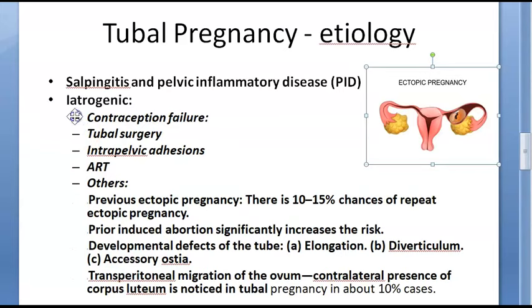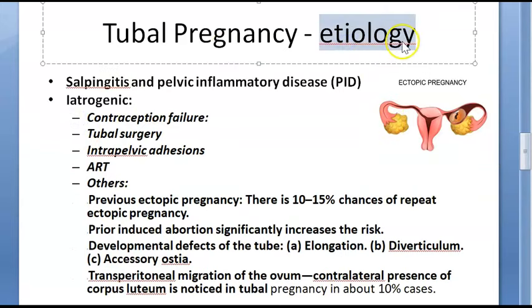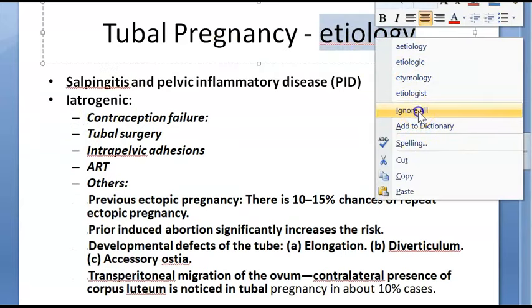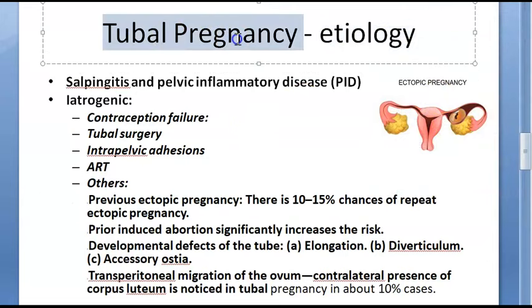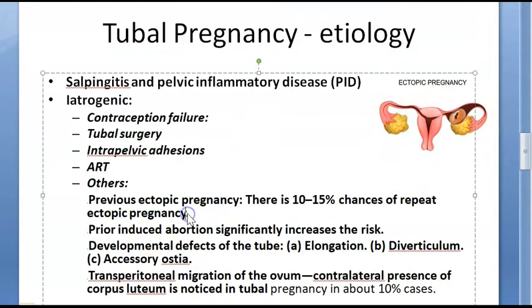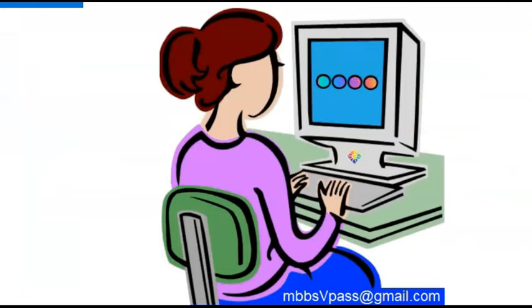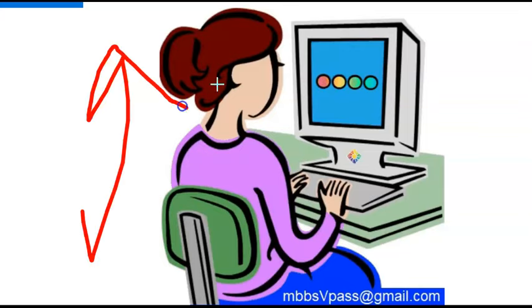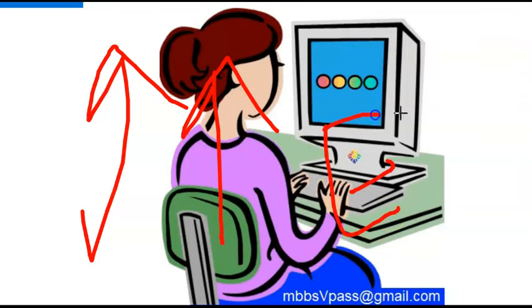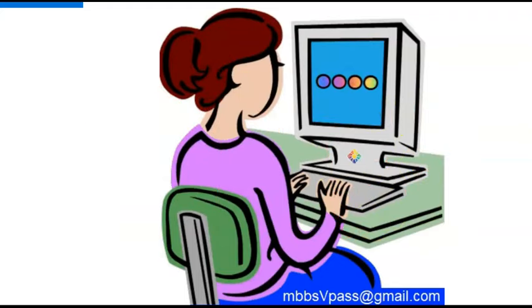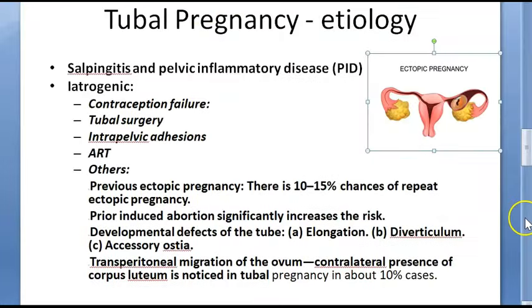What do we want to look at in this video, guys? We want to look at the causes, that is the etiology of tubal pregnancy, basically ectopic pregnancy you can say. Mostly tubal they are talking about. Why are ectopic pregnancies happening? And mainly you should understand the number of ectopic pregnancies is increasing. So you can understand why it is increasing, because sexually transmitted infections, STIs, are becoming more common.